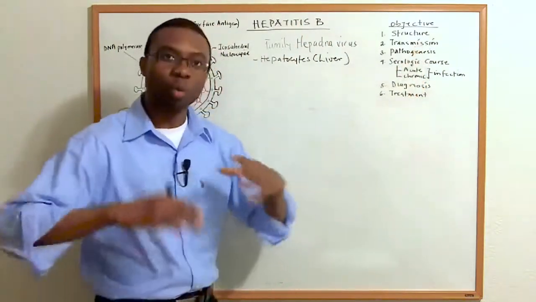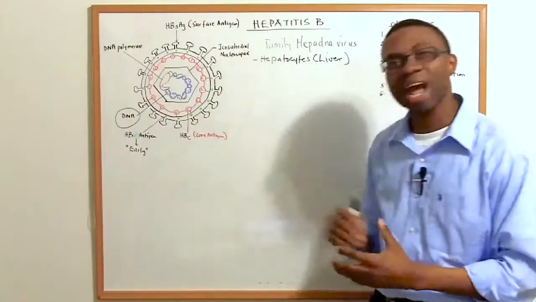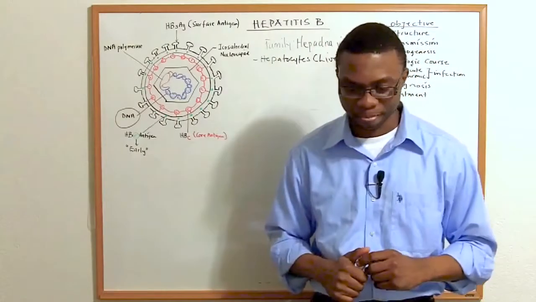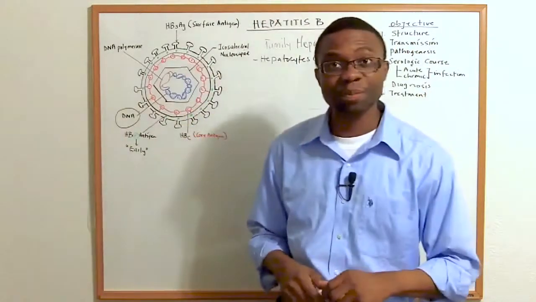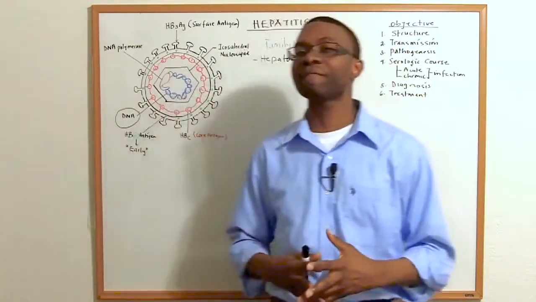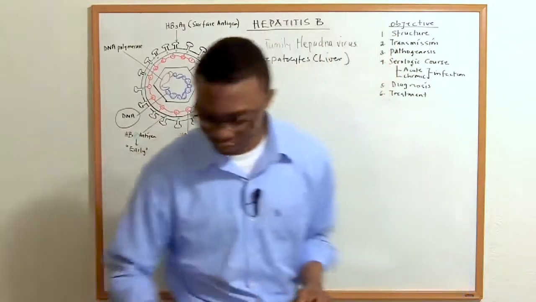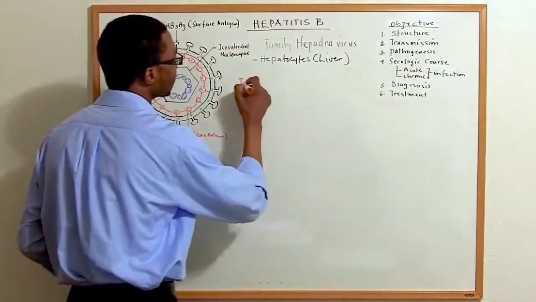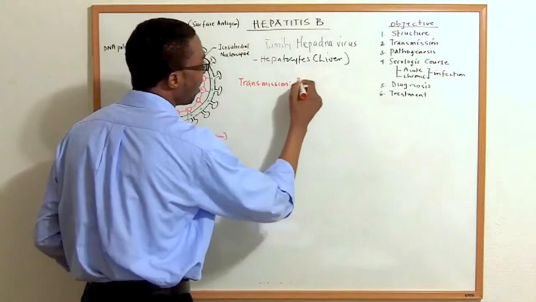Now that we know what the structure of hepatitis B looks like, I want you to keep an eye on it because this will really explain a lot of things. Now let's go over the next thing. How is hepatitis B being transmitted? How will people get infected with hepatitis B? Usually it's from bloody body fluids. Blood